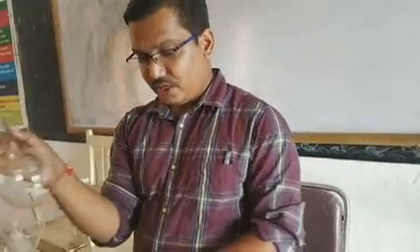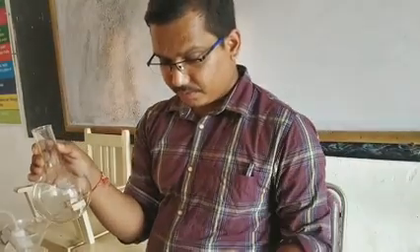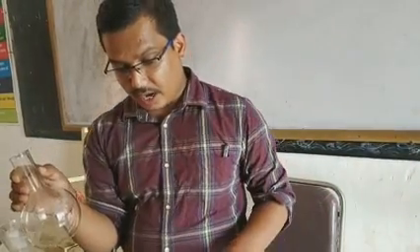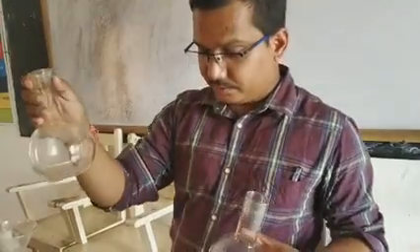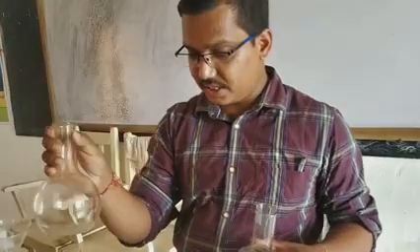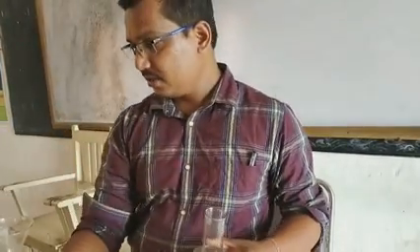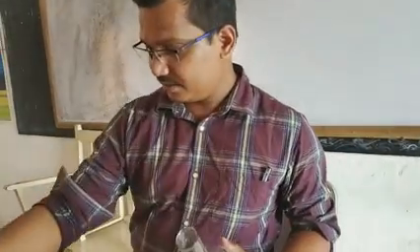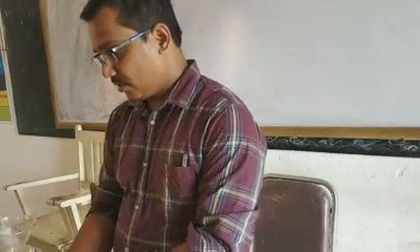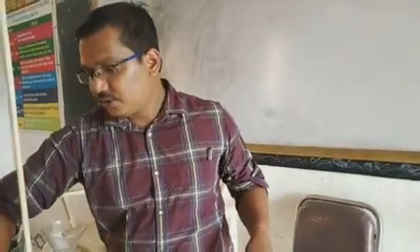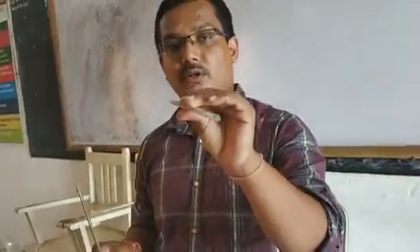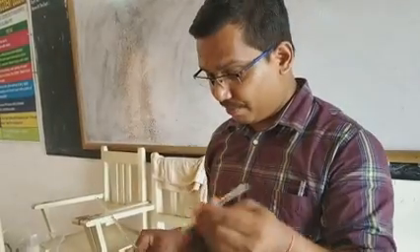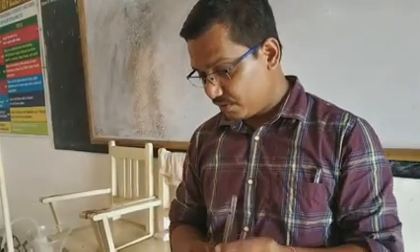Next, this is said to be a round bottom flask, and this is also one type of round bottom flask, but it is said to be a flat bottom flask. And this is said to be a conical flask. Next is the glass rod. That is said to be a glass rod. This is a hollow passing tube, a glass rod passing tube.